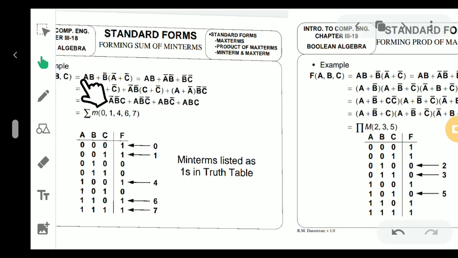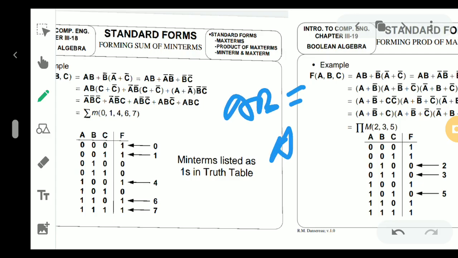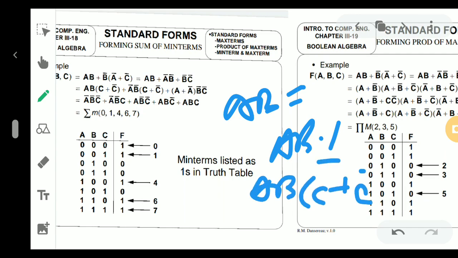So if you multiply AB, B bar into A bar, from the beginning I am explaining, this term is coming from this. A into B plus B bar into A bar plus B bar into C bar. Now in the AB and AB, this equals to AB into 1. So that 1 I am replacing with C plus C bar value. I hope you understand.